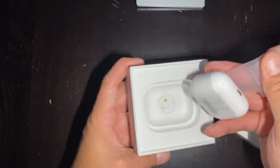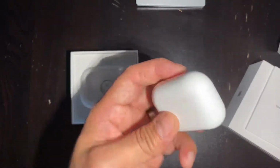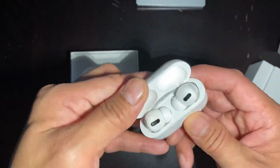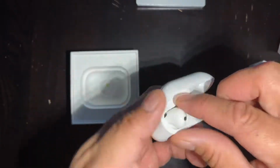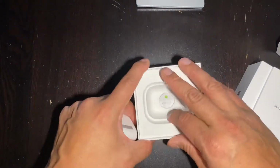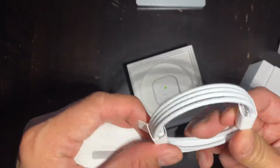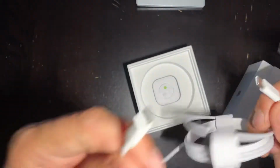Let's go there. Inside here is two different ones with a little charging cable. And of course the wireless charging case. It's pretty heavy. It's a lot heavier than normal. Oh, nice little charging case with the same little setup. Not bad. Within the box is a USB, looks like a USB-C charger to a Lightning, which we definitely need since everything